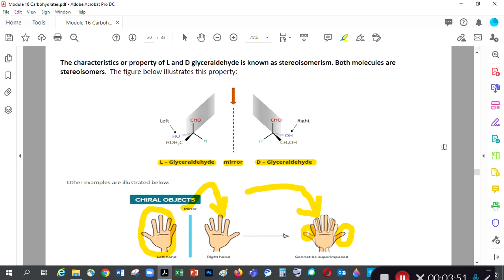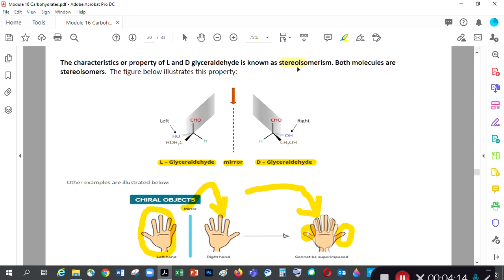So they are not superimposed. So this is the characteristic of a chiral atom, that it yields images or structures that are non-superimposed on each other. And those two, the L- and the D-glyceraldehyde, are called